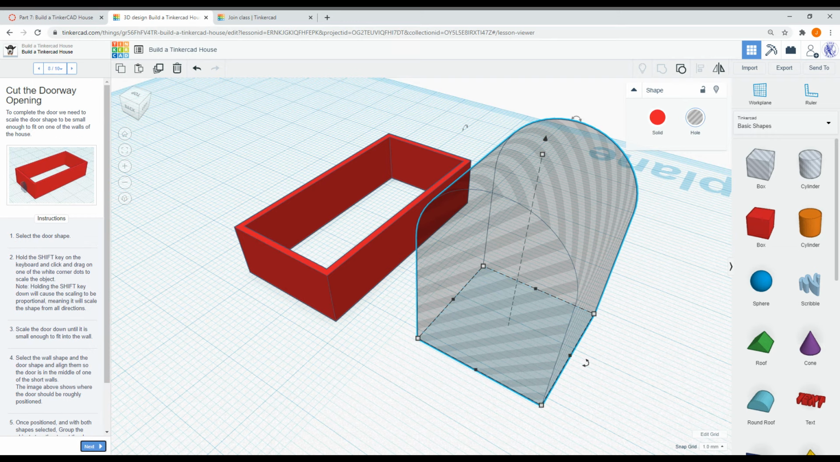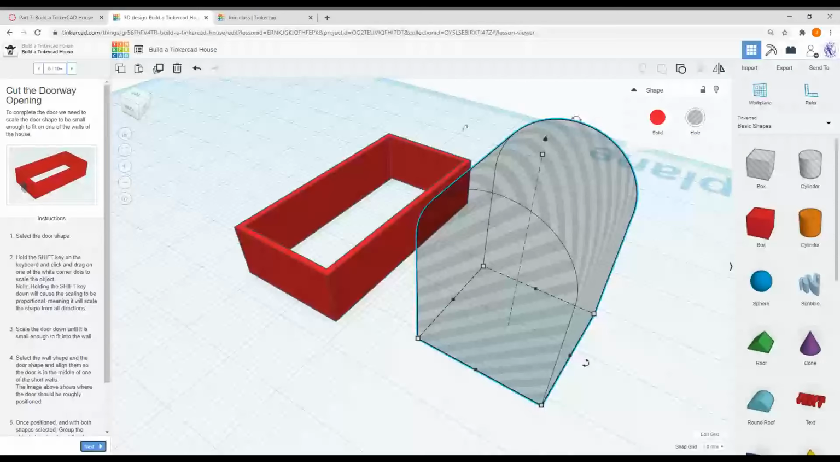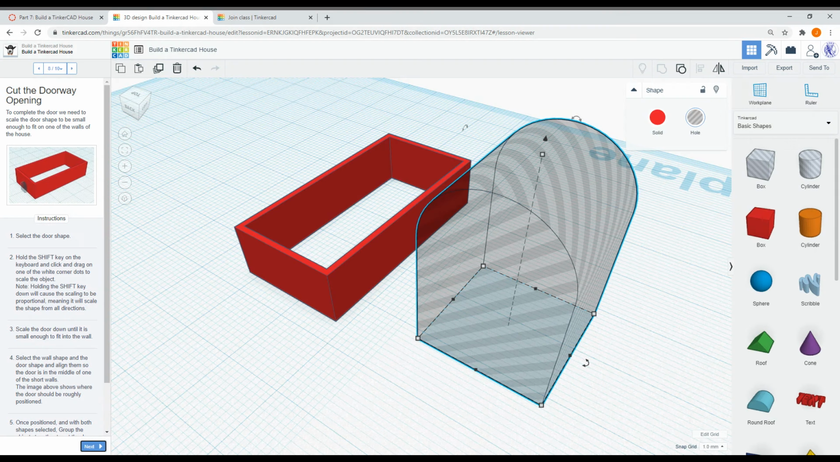Cut the doorway opening. To complete the door, we need to scale the door shape to be small enough to fit into one of the walls of our house. So we're going to select the door shape. I already have it selected, but if I didn't, I'll just click on it. I'm going to hold down Shift on the keyboard and keep it held down. And then click and drag on one of the white corner dots. Actually, I could use any one of these white corner dots. I'm going to click and drag